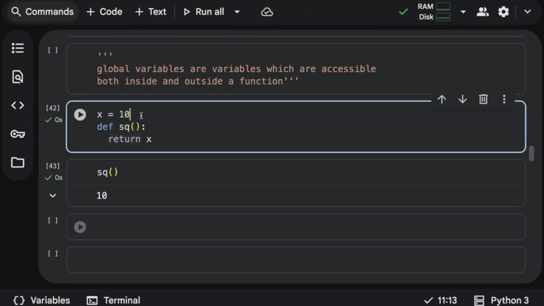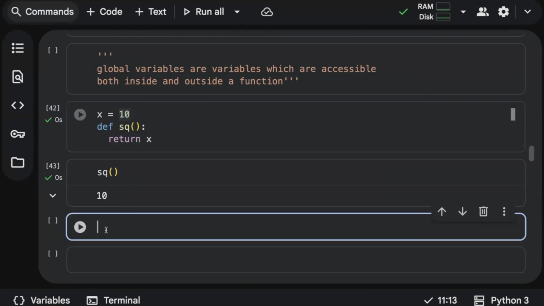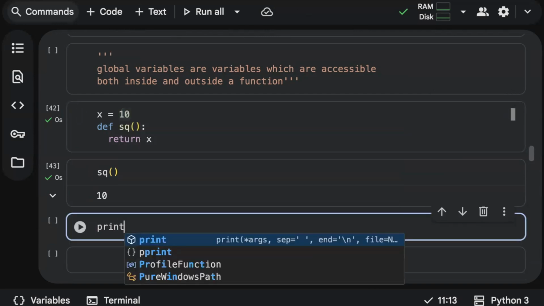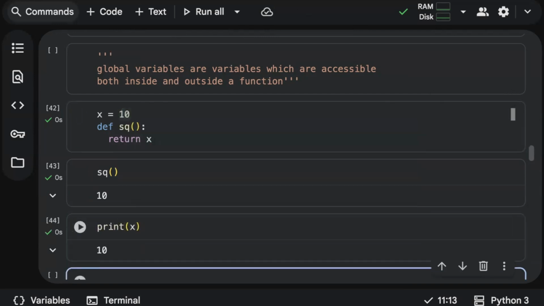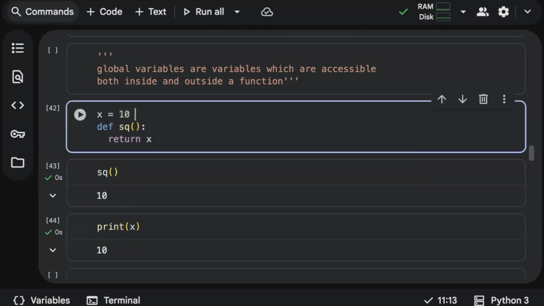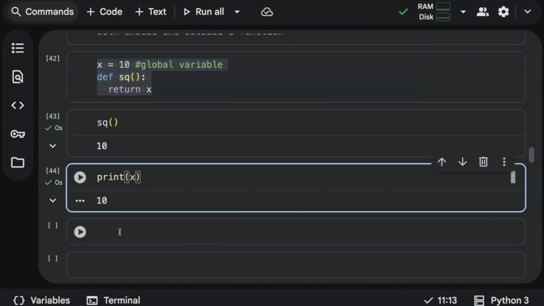See, even though I have not defined the x value inside the function, I'm still able to access that x value within the function. And even if I try to access it outside the function using a print statement, it's working. So this x value is called a global variable because it is accessible inside as well as outside. So let me show you one more instance.